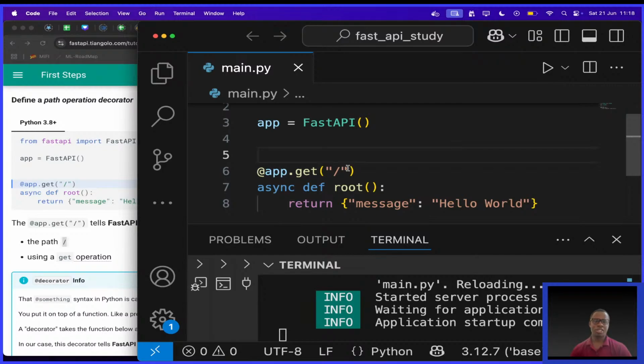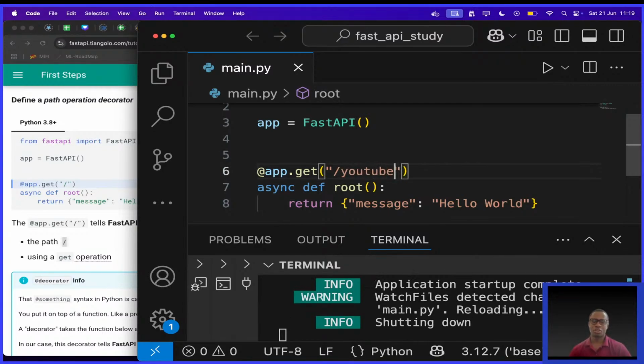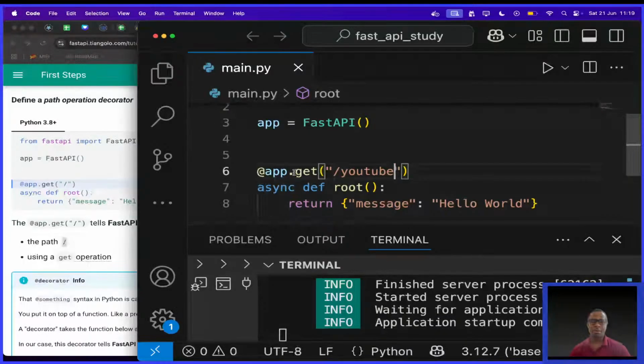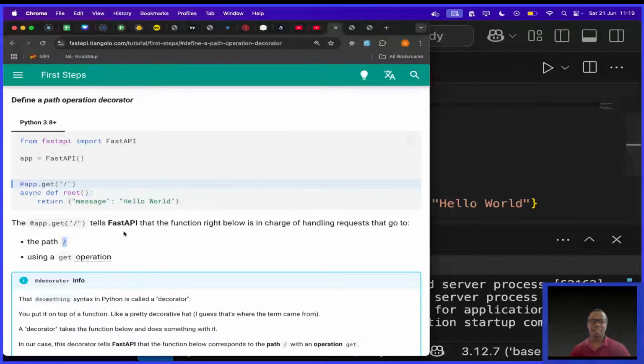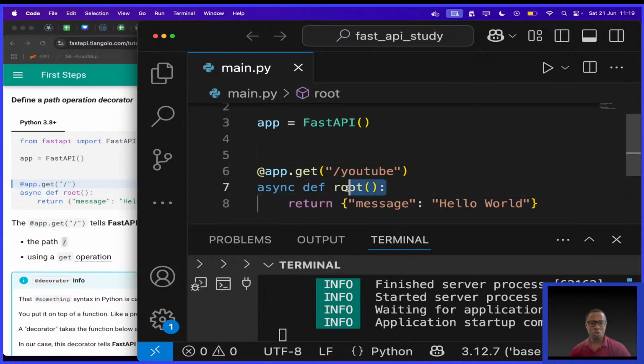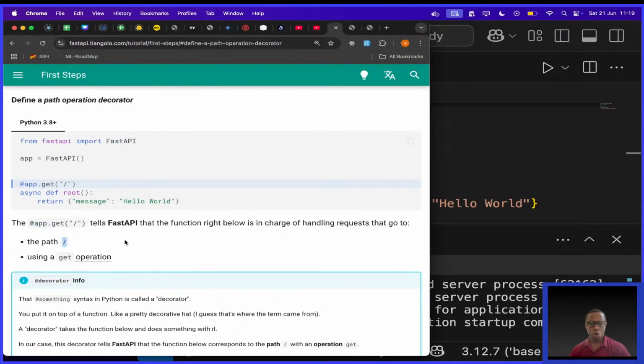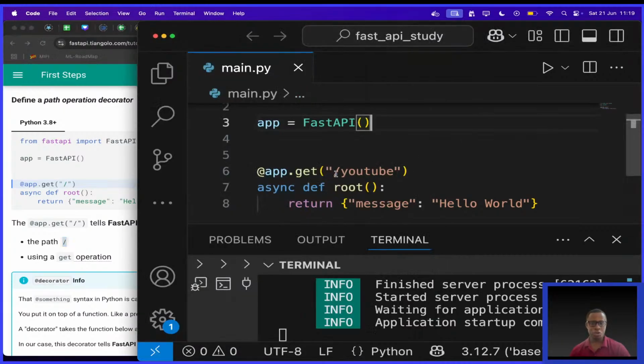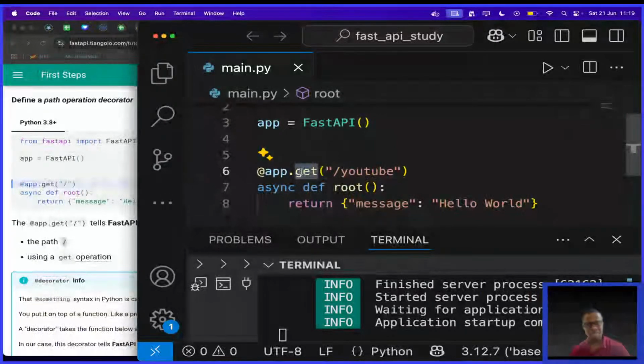So if I wanted to change it to maybe /youtube, it would look like that. In this case, app.get is telling FastAPI that this function called root is responsible for handling all requests that go to /youtube using a get operation.